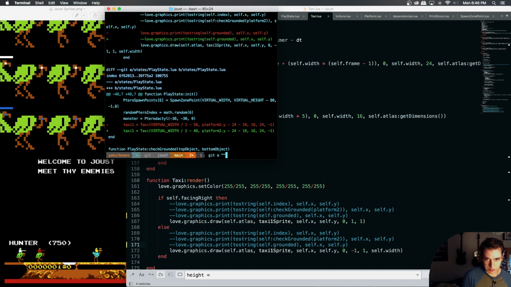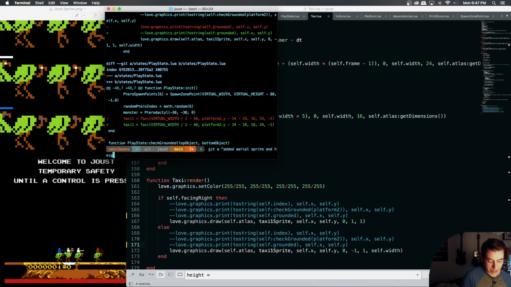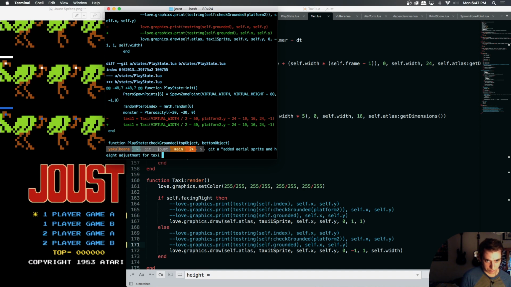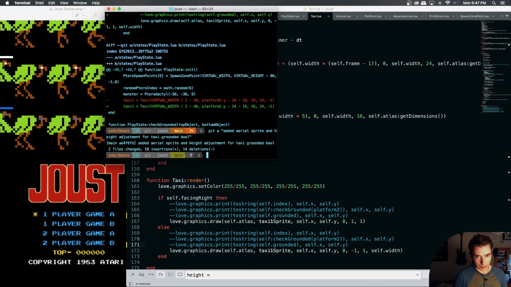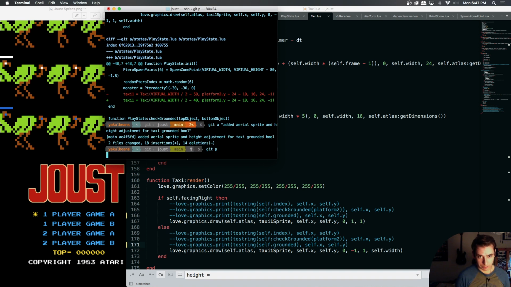I'm gonna git add everything to the staging area with a commit message saying we added aerial sprite and height. Added aerial sprite and height adjustment for taxi grounded boolean. Okay. We'll git push it, and then